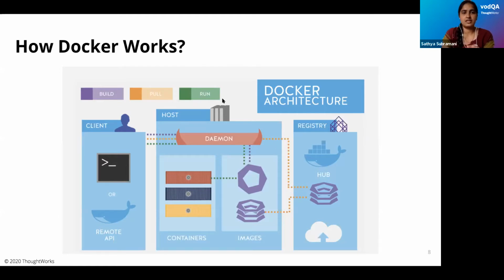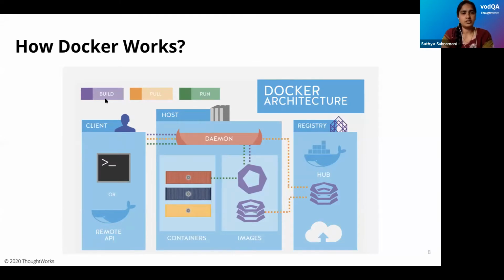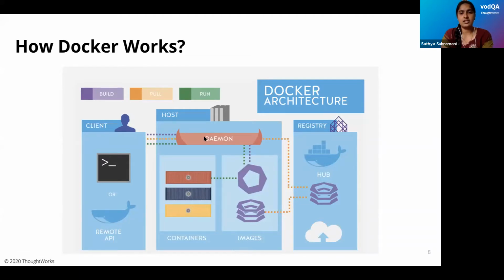So let's see these three commands and how they function. I'm giving docker build followed by the image name and the file path. If the user enters that command in the CLI, see that purple color, it sends the request to the Docker daemon. The Docker daemon will accept that request and, based on the name and the path we mentioned, it will build the image on the local machine.